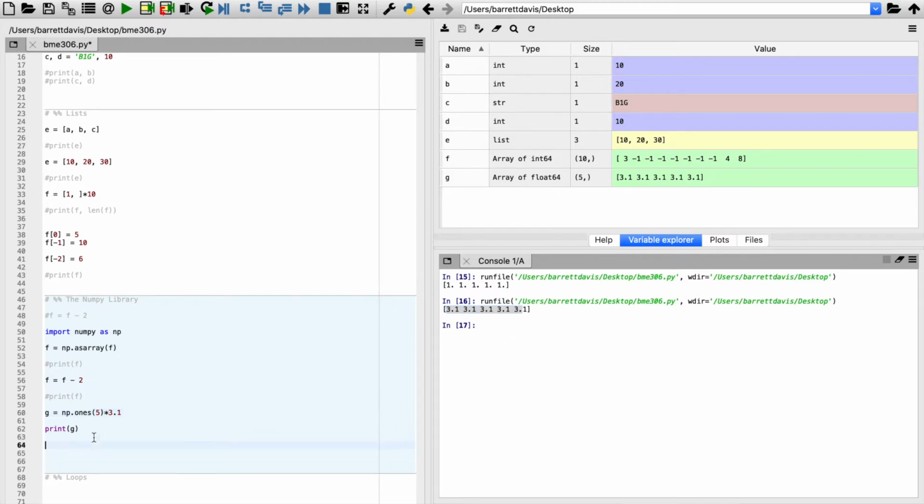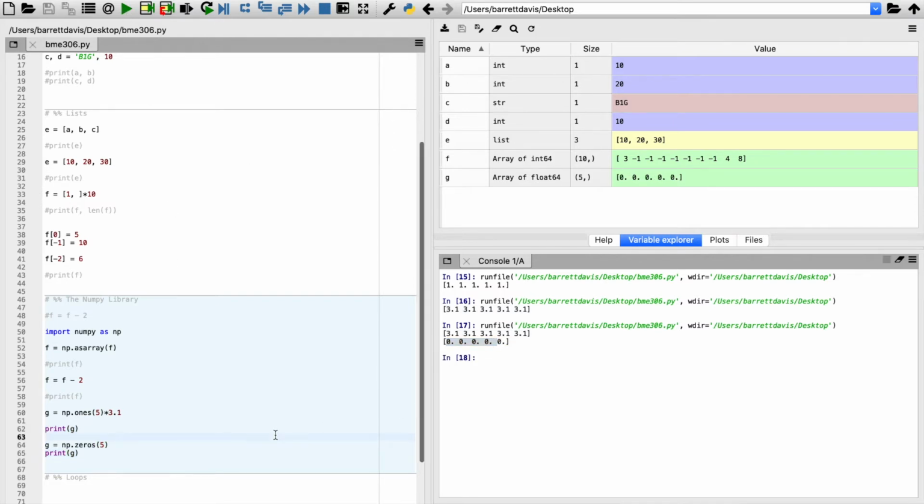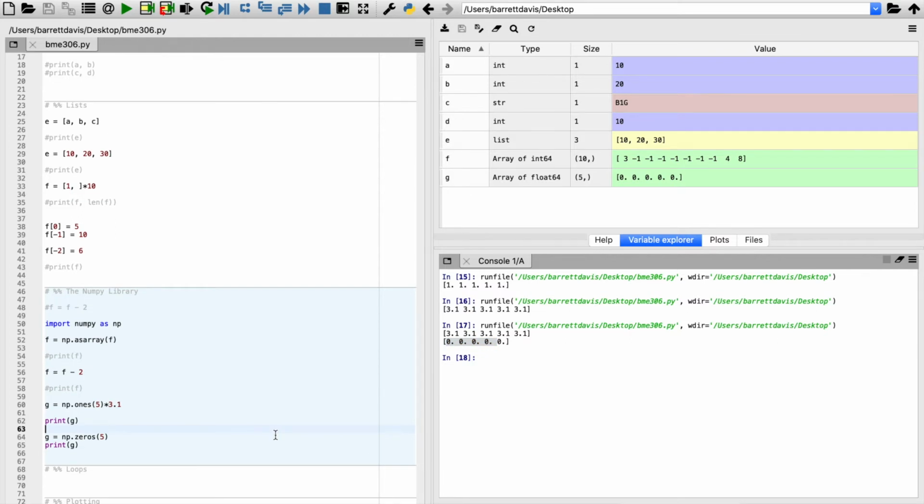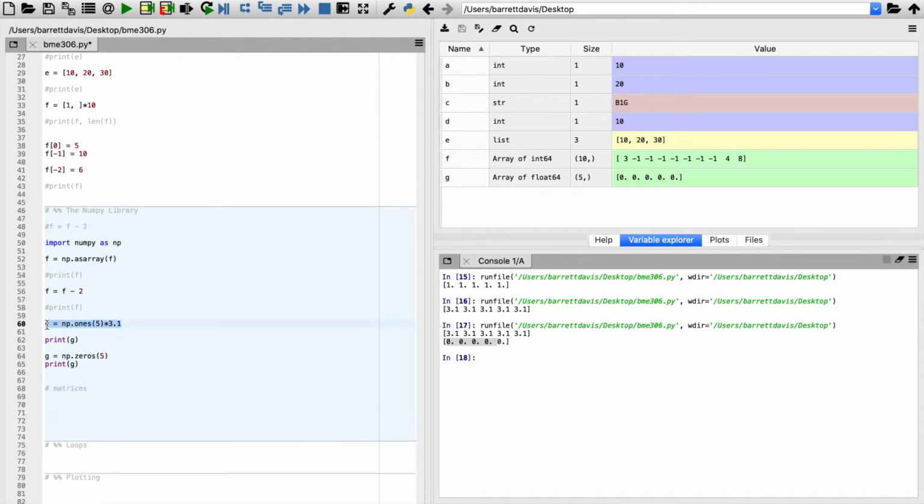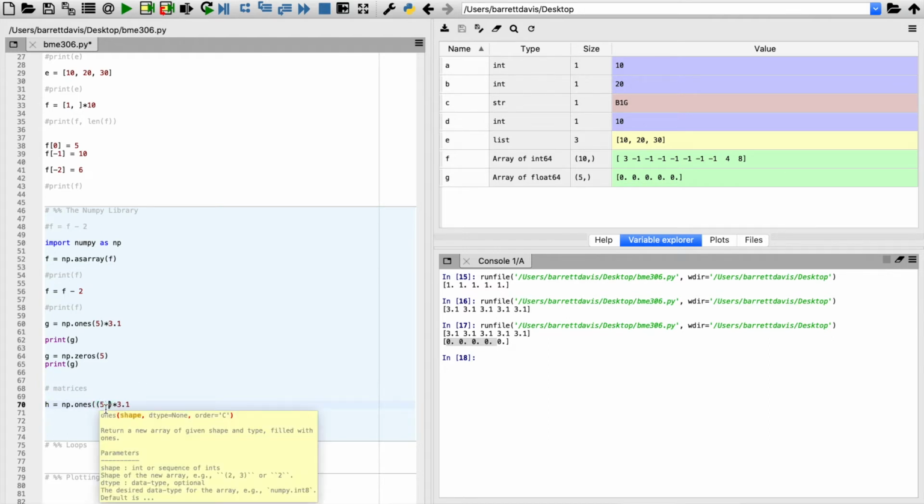Equivalently, you can write, say, G is equal to np.zeros(5). And when we run that, we'll see that now you have 5 zeros. Pretty straightforward stuff. Now what's interesting is when we get to using those to define matrices. So like I was saying earlier, I'll take a new variable H, set that to np.ones of (5,